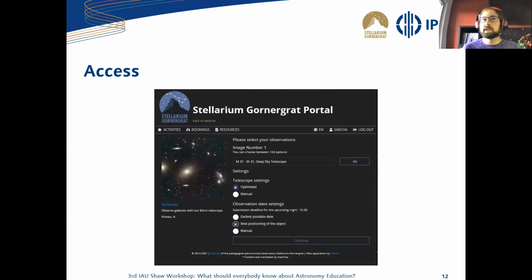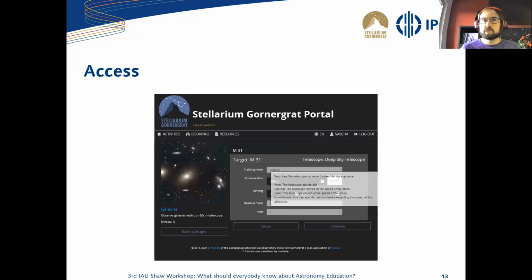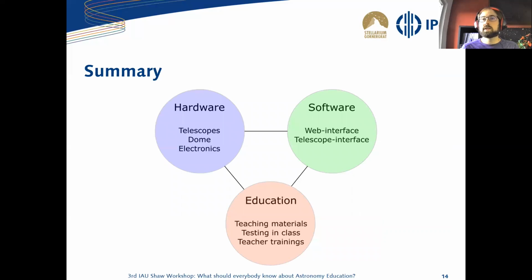So we have completely automatic observations. The students can choose if they want optimized settings or manual settings, and also for the date. And when they choose to set everything by hand, we have extra information on what everything is, so what the tracking mode is and so on, to make it easy. So at the end, summarized, hardware, software, and education have to work together to create a good working